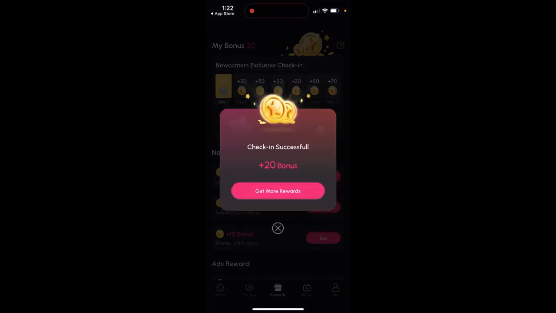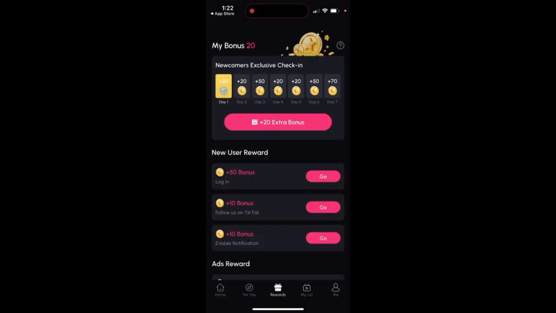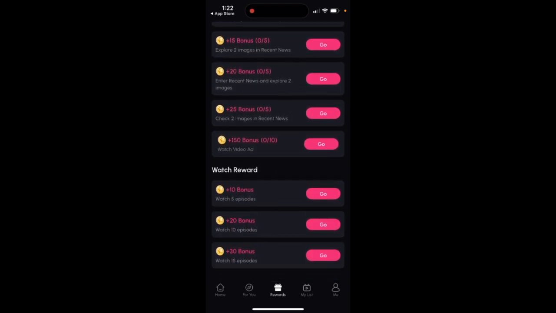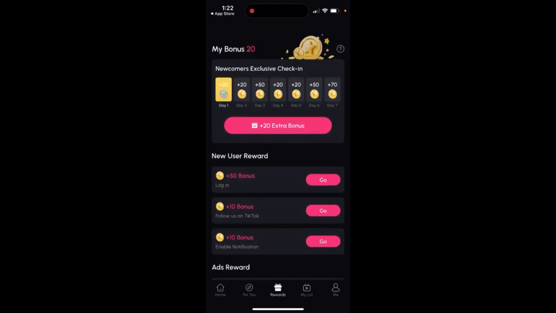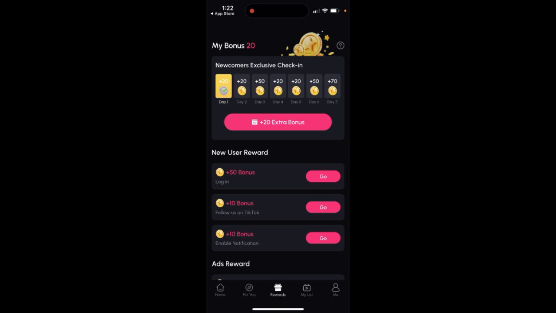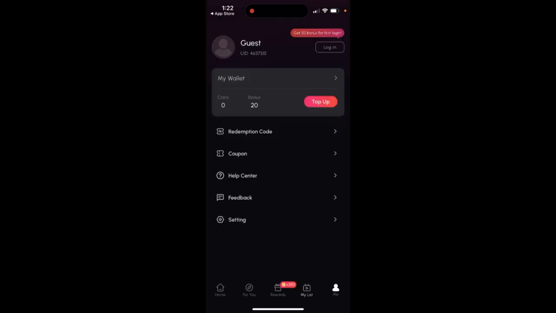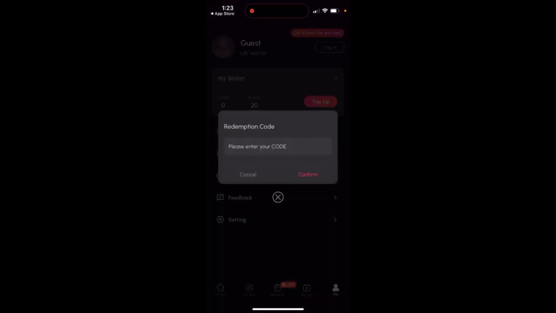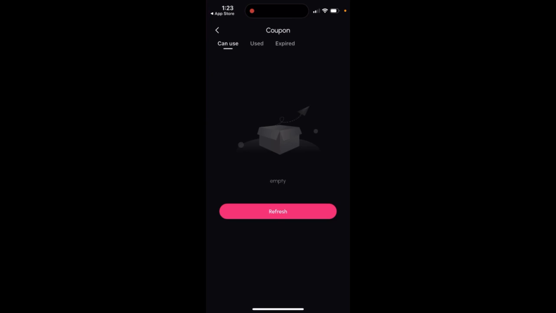Then obviously you're just getting check-ins, and for free you get ad rewards. Well, the more you watch, the more rewards you're getting, and then you can just obviously spend these coins to watch more movies. And I'm just looking, they also have some kind of redemption code, some coupons which you can